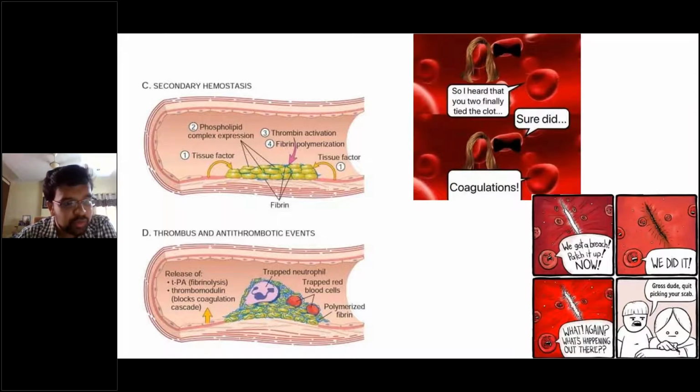So the fourth step is thrombus and the antithrombotic events. So basically this is nothing but clot stabilization and resorption. Basically a more permanent plug is formed. The fibrin plug which is already formed becomes more permanent and more stable. And there's also a release of certain fibrinolytic agents like TPA during this event. So basically the main function of the antithrombotic TPA would be to limit clotting to the site of injury. Basically, we need to limit the clotting to the site of injury, and after the role of the fibrin plug is over, we need to dissolve the fibrin plug. So for that, fibrinolysis is also very important.